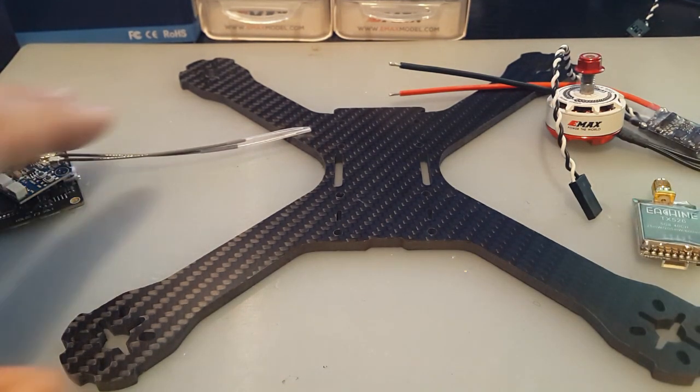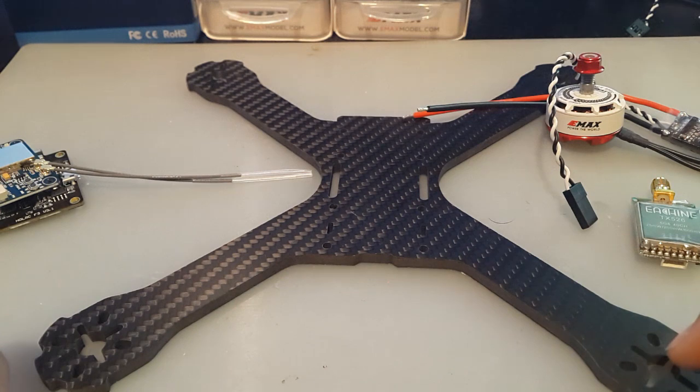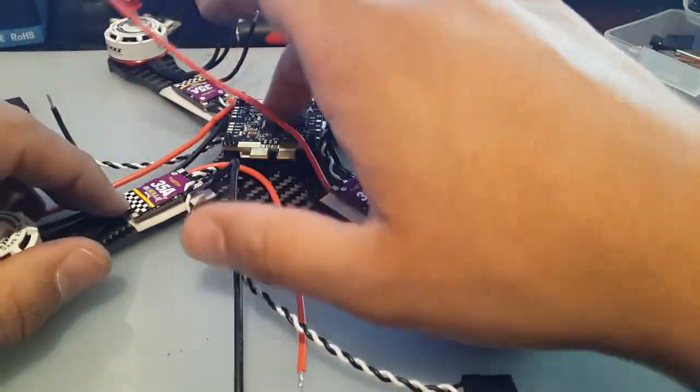Battery's done charging. Alright, let's begin. I'm going to prepare the layout here. I'm going to put in the motors real quick, and then we'll figure it out as we go. Alright guys, be right back. Alright guys, so I put the motors in place, used double-sided tape to hold the ESCs in place, and place